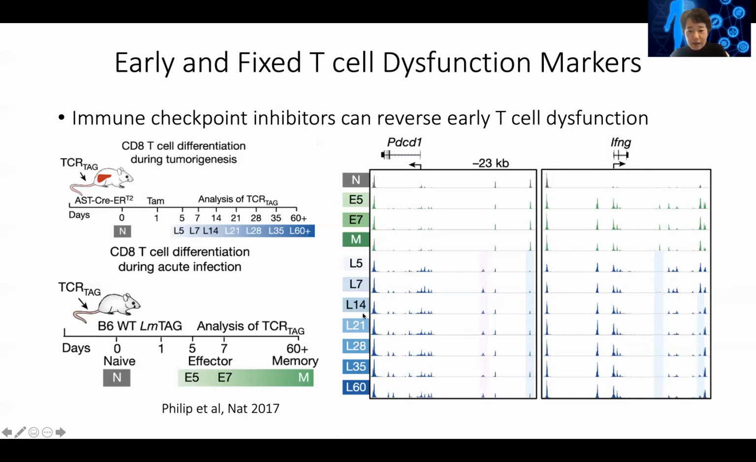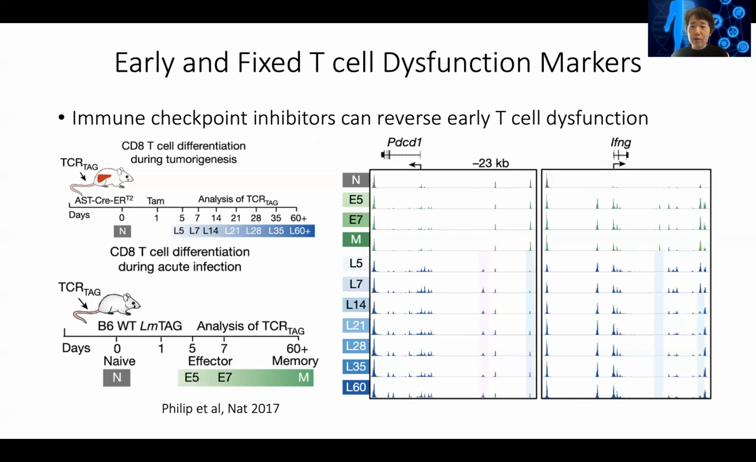But then in the late stage, you can see this region has a new enhancer. There's another: this enhancer decreased, but this enhancer increased. And then you have an overall increase in PD1 expression in the later stage of the T cells. And so using this type of gene expression, RNA-seq and ATAC-seq,